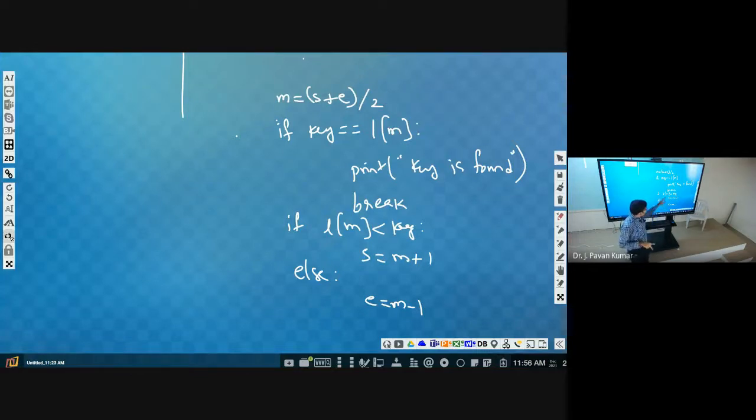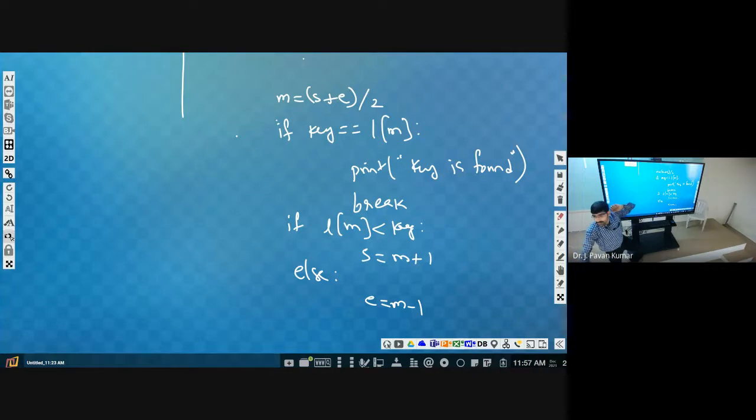So whenever start and end cross each other, then we have to stop. In general, start will be here, end will be here. Understand? So start can be here, end can be here. But start should not be here, end should not be here. Got it? So what is the condition to check? How many times, we don't know. Try to understand the point here. How many times do we have to repeat? We cannot say statically, like 5 times only, 10 times only. It depends on the given number of elements, right? So how can we stop it?